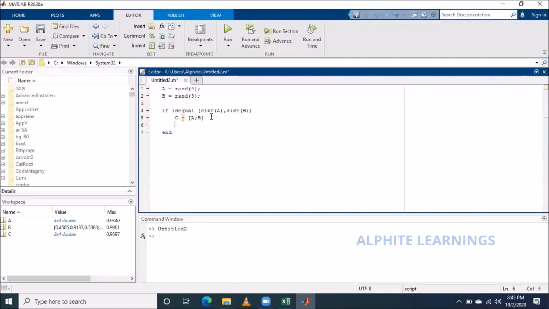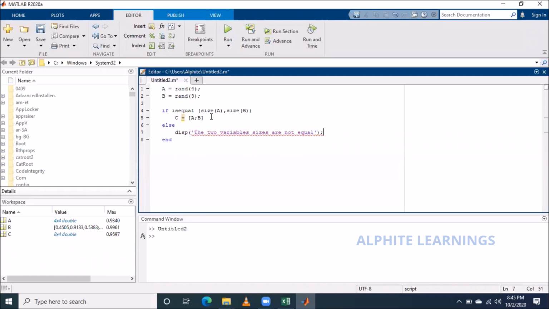So if both are not equal, then what should you do? You should display a string: the two variables sizes are not equal.